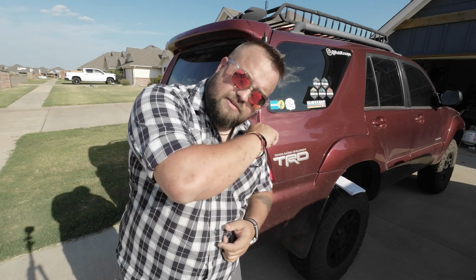If they're not conscious, what you want to do is lay them in what we call the recovery position. Basically, you lay them on their side. If their side's injured, don't lay them on the injured side. Put the injured side up. So if I was going to be laying down this way, you'd have this arm kind of tucked and this arm kind of out, basically just to kind of keep you